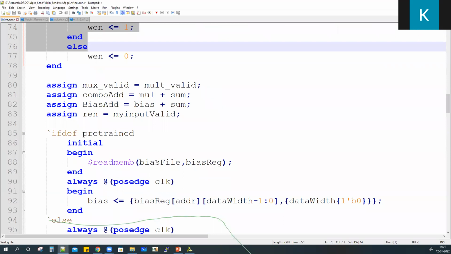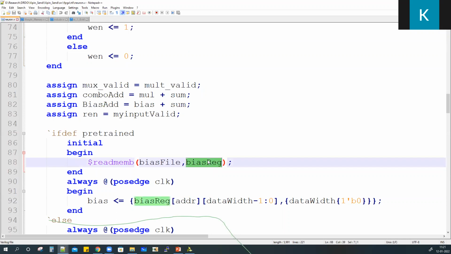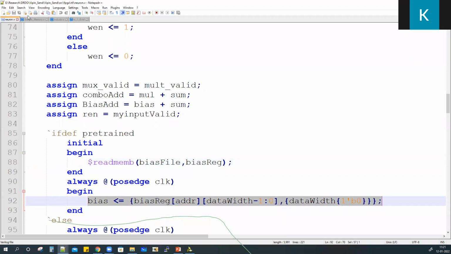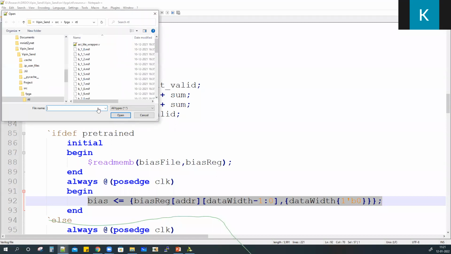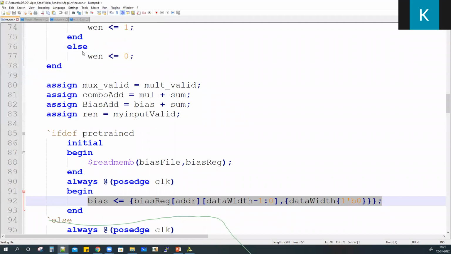Same way for the bias value, since there is only one value for bias, I have a single register for storing it, this bias register. Again, if it is pre-trained, that is directly read from a file at design time. If it is not pre-trained, the processor can write to it.